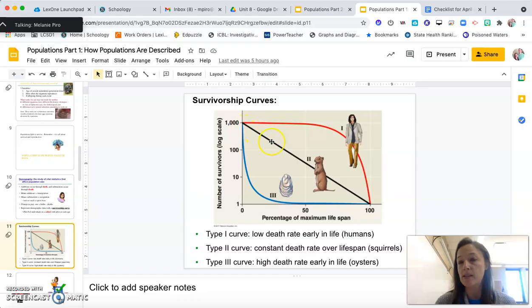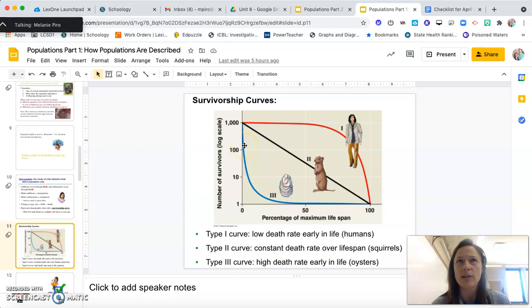So the slope is negative, and so probably a -1. I'm not going to do the math in my head right now, but that simply indicates that you have an equal chance of dying as a teenager, as an adult, midlife, or to the end of your life. And then you have survivorship type 3,